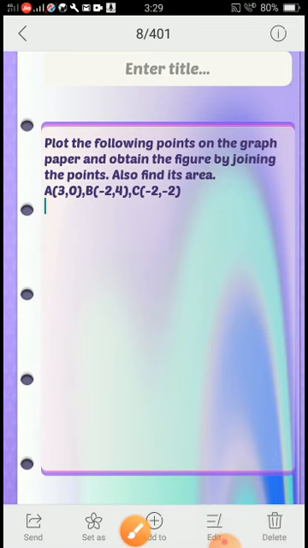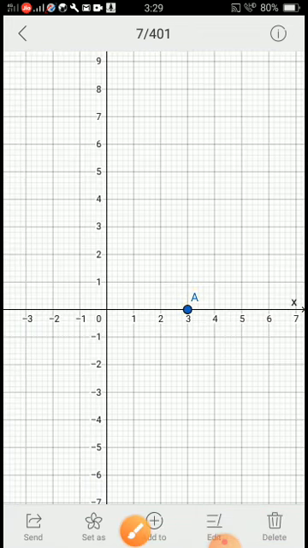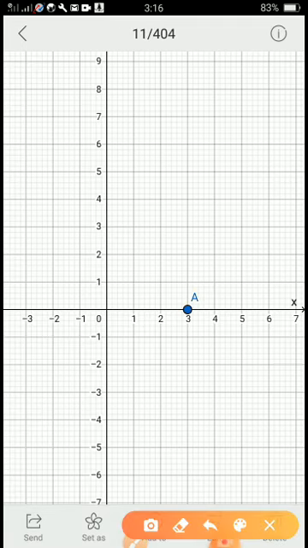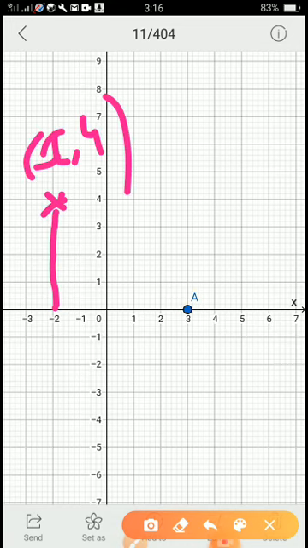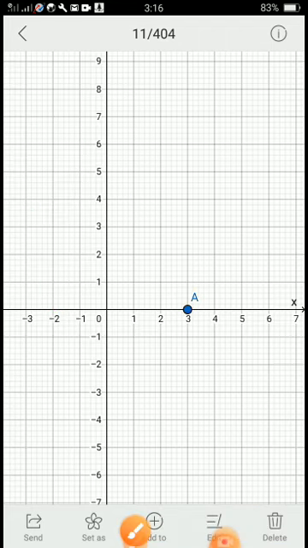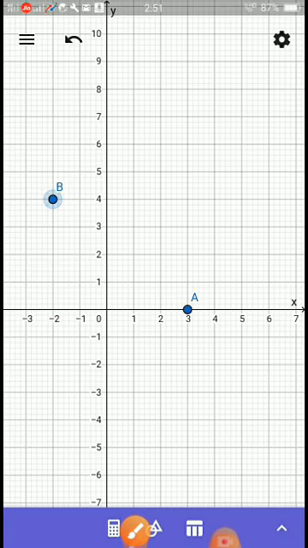Okay, so check how to plot the point. It is given x is -2 and y is 4. So I'll have this as a point, that is (-2, 4). That will be my point B. Okay, so this is the point B (-2, 4).